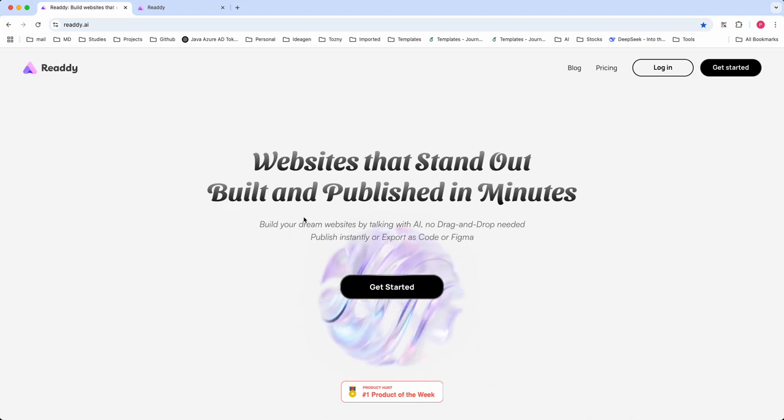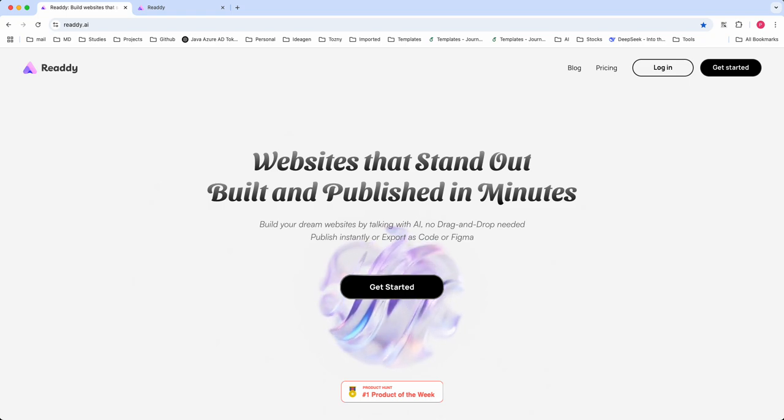Boolean Buffet, and today we are going to discuss another AI called Readdy.ai. This is another AI assistant like Replit or Lovable or Bolt, but compared to Replit, Bolt and Lovable, it has fewer features available, but it's really quite useful for people who want to create pages or content creation and